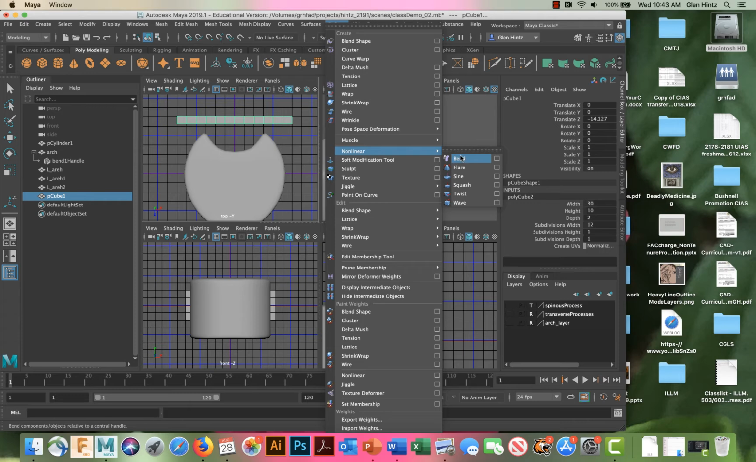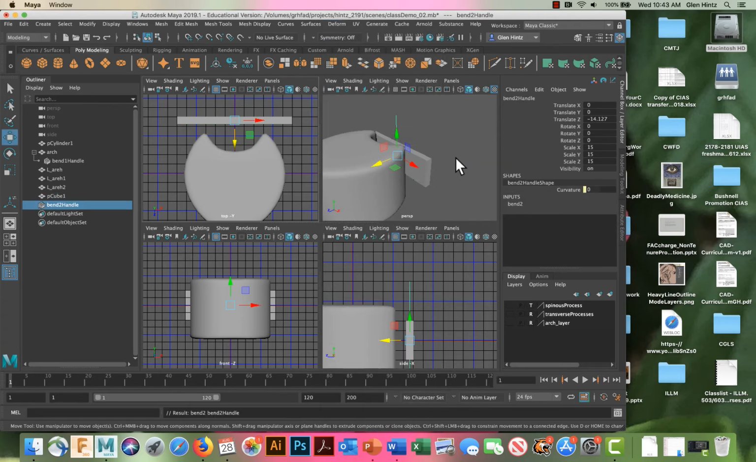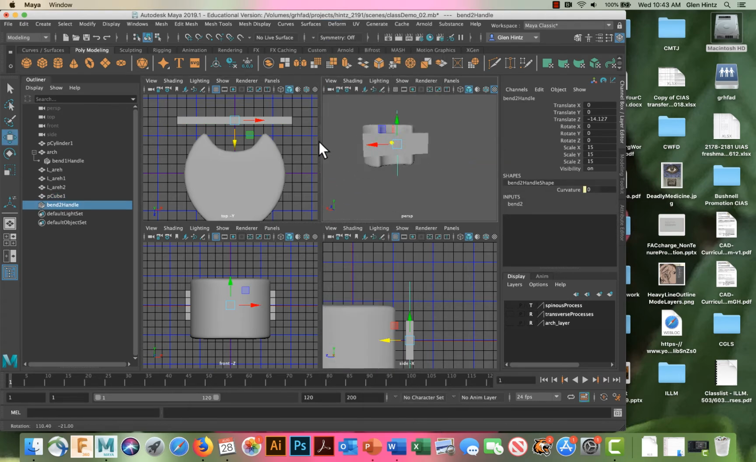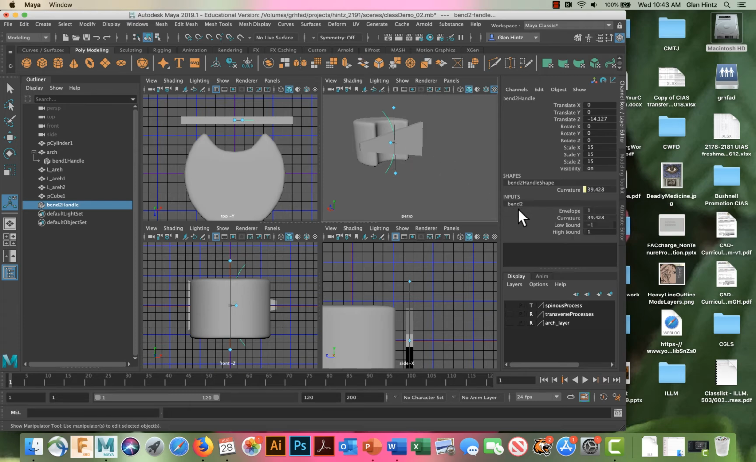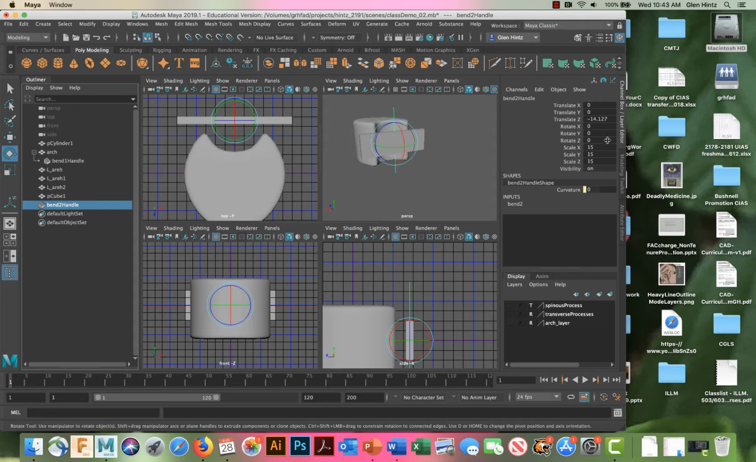nonlinear, bend. Okay, by default that green line represents how the deformer is going to work. So if I hit the letter T for the transform tool, see the deformer's bending it in this direction. I don't want to do that. So I can go back to bend and set the curvature to 0. And with the deformer selected, say E to rotate it, and I can say, well, I need to rotate it this way, which